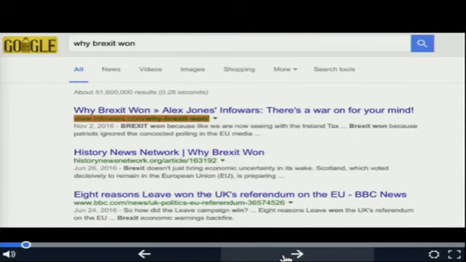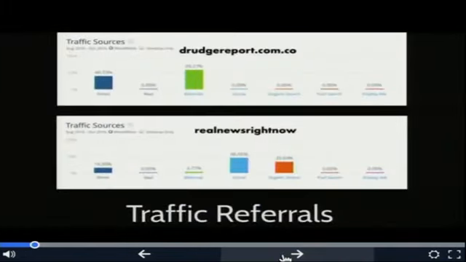So I started looking at other types of channels where this kind of election influence could be coming through. Google obviously could be one of them, and when I looked at some of the traffic sources, what I saw is that sure, a lot of traffic comes from Facebook and Twitter, but I started to realize that a lot of it was direct URL referrals, and also a lot of it was organic search. Some of these very fake news sites, and when I say fake, I don't mean fake in the sense of hyper-biased, I mean genuinely almost hoax sites, get a lot of their traffic from